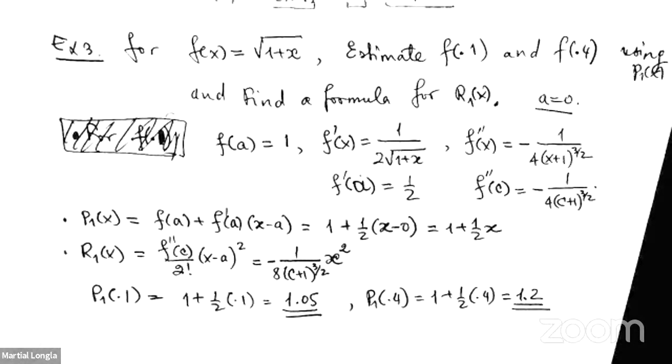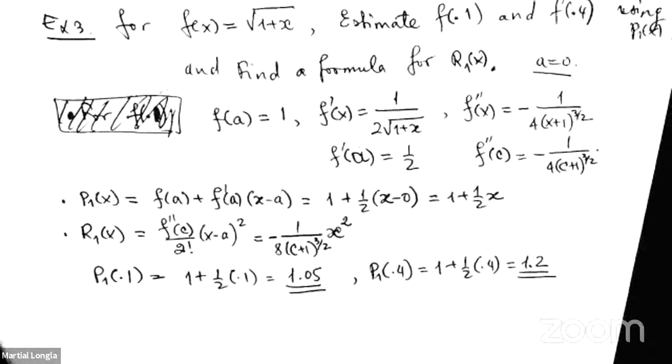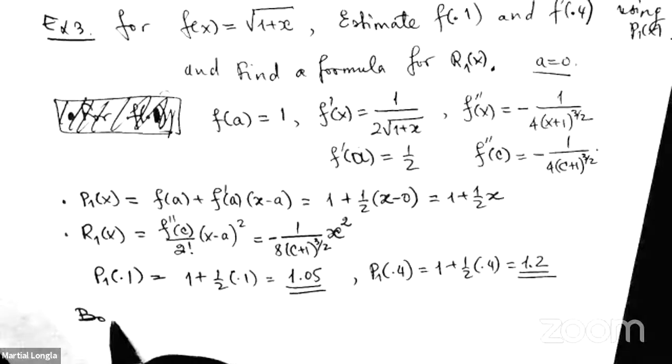All right, so we'll be assuming that this is what we have learned today: how to get the Taylor polynomials, how to get the remainder, and how to use that to estimate the value of a function at a given point. In this example that we have here, if we wanted to give a bound on the estimate, a bound on the error,